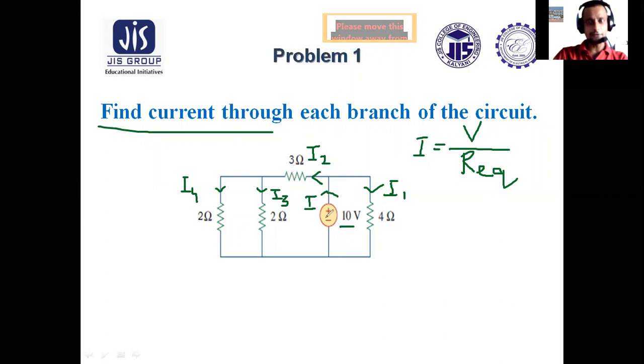Now as per current division, the total current I is getting divided into two currents, I1 and I2. Now I2 further will be divided into I3 and I4. So as I2 is getting divided into I3 and I4, we can say these 2 ohm resistors are connected in parallel. So by solving this,